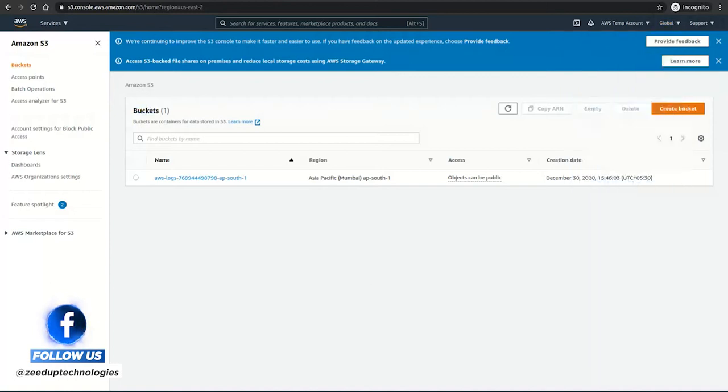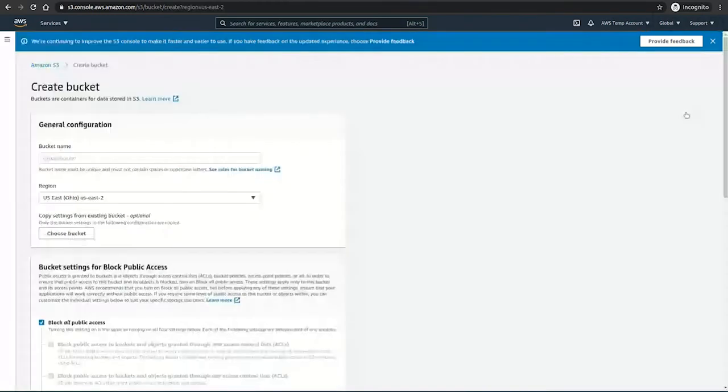This is how the panel looks. You can search for services, features, marketplaces, products, etc. here. Since this is one of the buckets which is already created on this portal, the listing appears here. Otherwise, you simply need to create a bucket. Your AWS bucket name has to be unique, and not only unique in your account but in everybody's account. It has to be a unique name altogether.